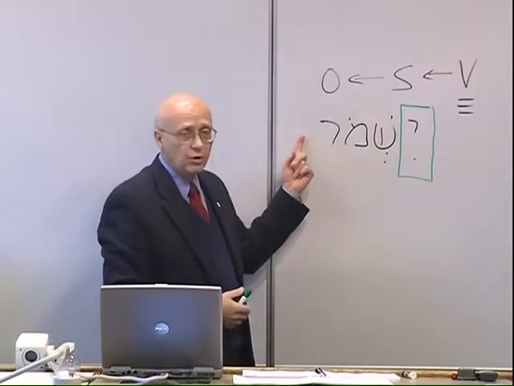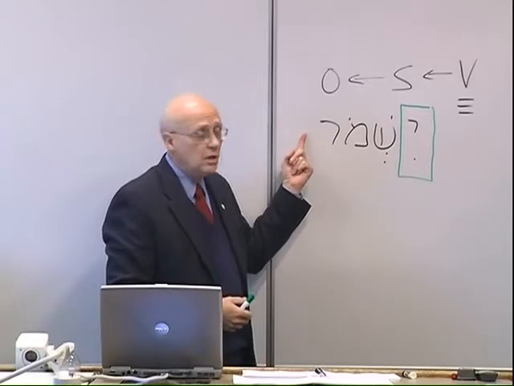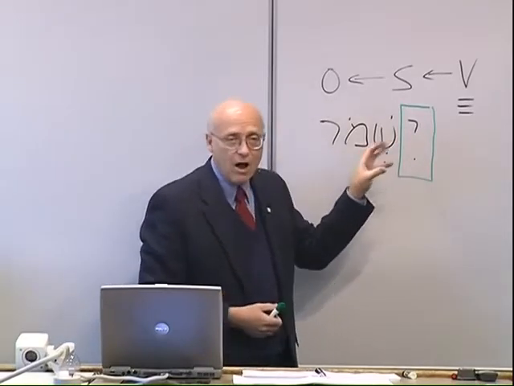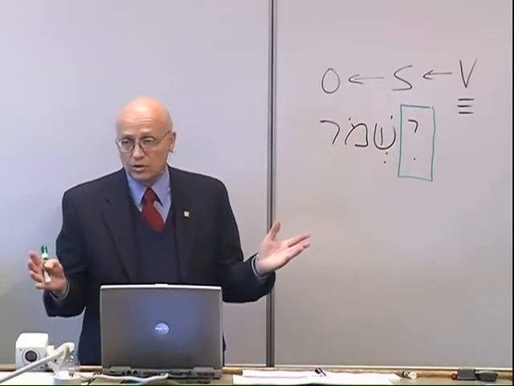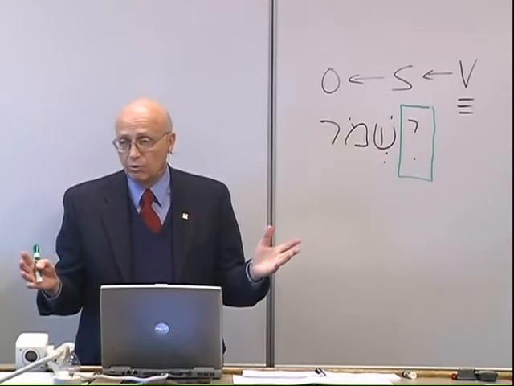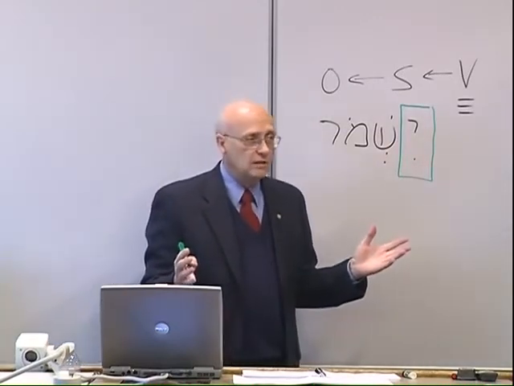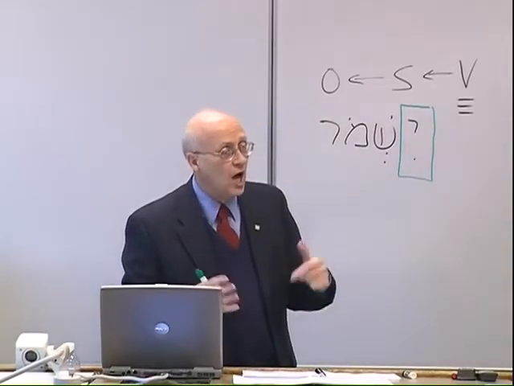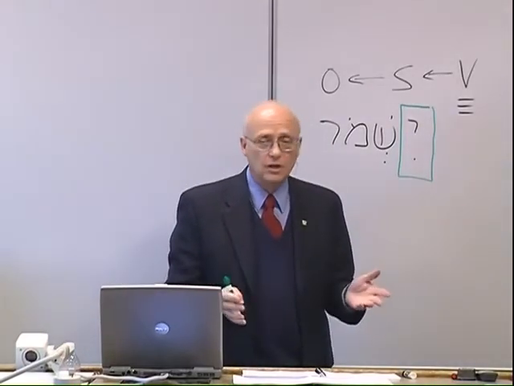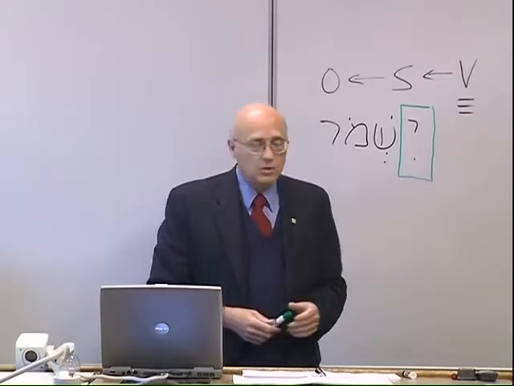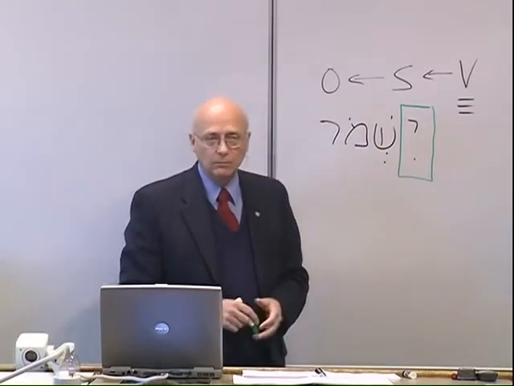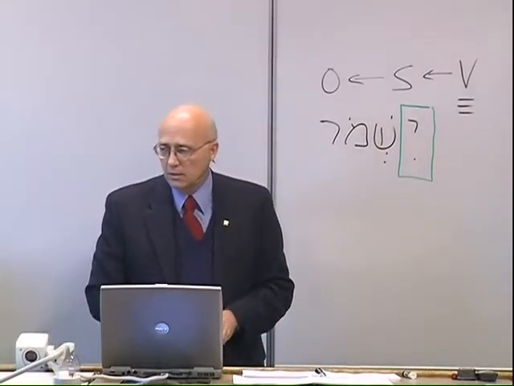If it's a third person plural, you'll have a suffix that will tell you. But if you have a tau prefix, that tells you second person normally, except for third person feminine singular. And if you have a noon prefix, that tells you first common plural. And if you have an olive prefix, that's always first common singular. So the yod tells you the person that you can expect.